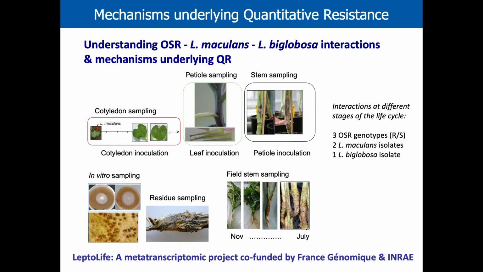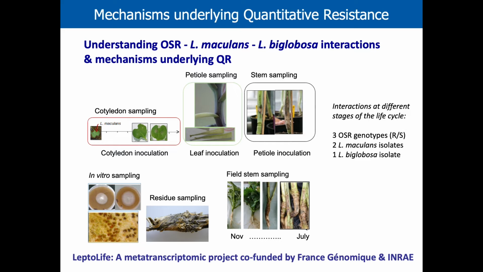In order to go towards the understanding of oilseed rape Leptosphaeria interactions and the mechanisms underlying quantitative resistance, we ran a metatranscriptomic project with the Biogère unit, with Mylène Balesdent and Thierry Rouxel. This consisted in studying the oilseed rape Leptosphaeria interaction at different stages, using Darmor and Dwarf Darmor as resistant varieties and Bristol as susceptible variety. We performed cotyledon sampling,